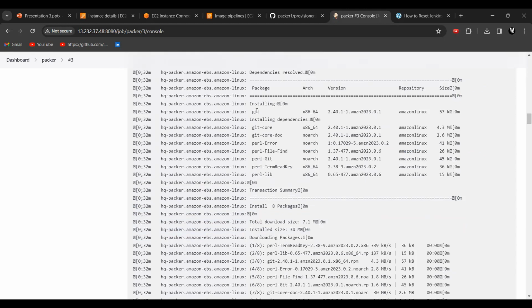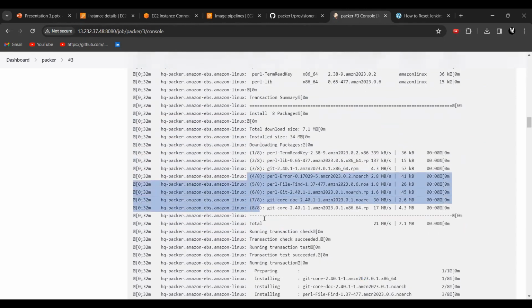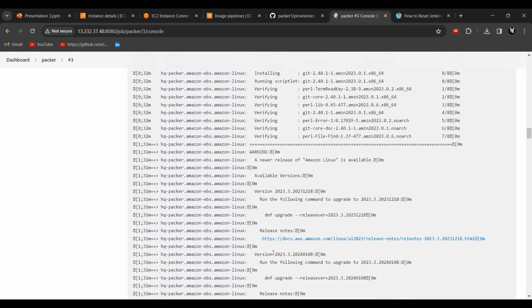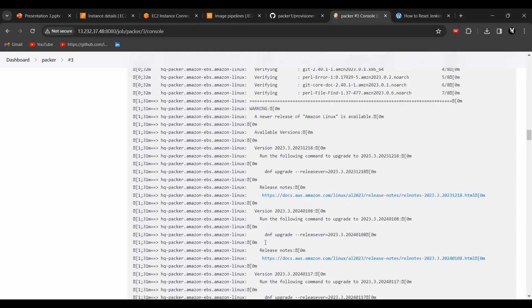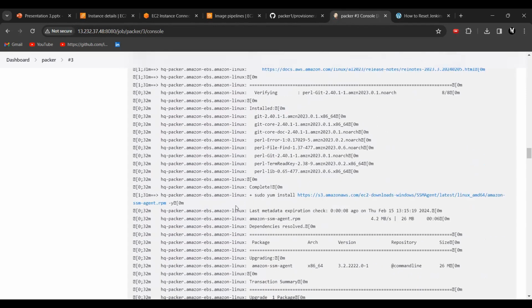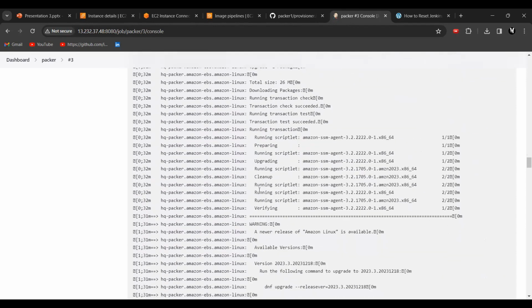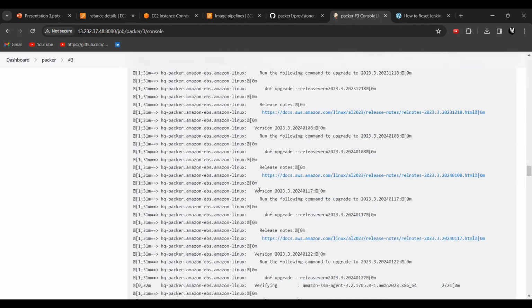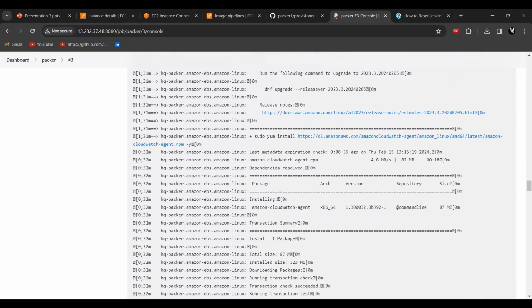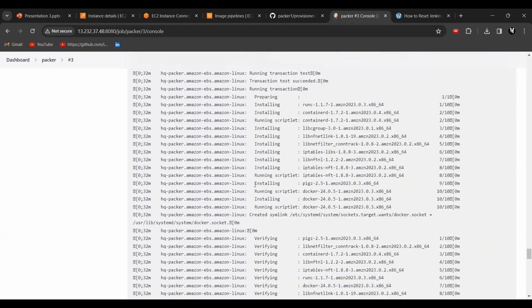I mean, it will download all these packages and send them to the AMI. Yes, it's a pretty big log, I think. Here is the SSM agent again. It will pick up all the provisioners and send them to the AMI so that it will become a golden AMI. Again, pretty big log.